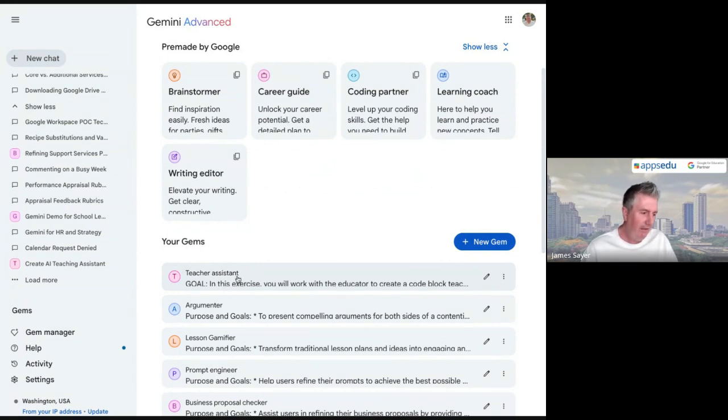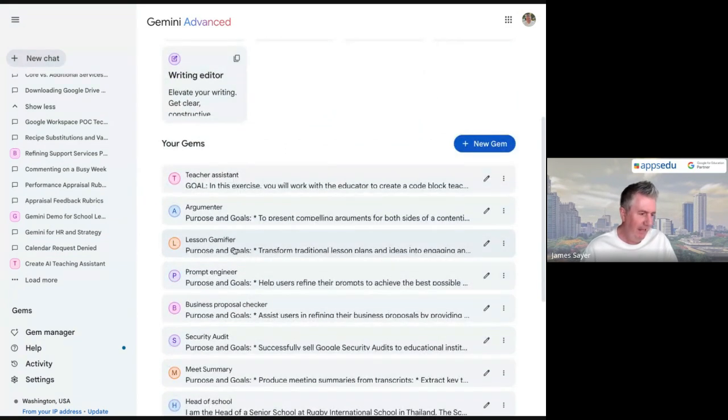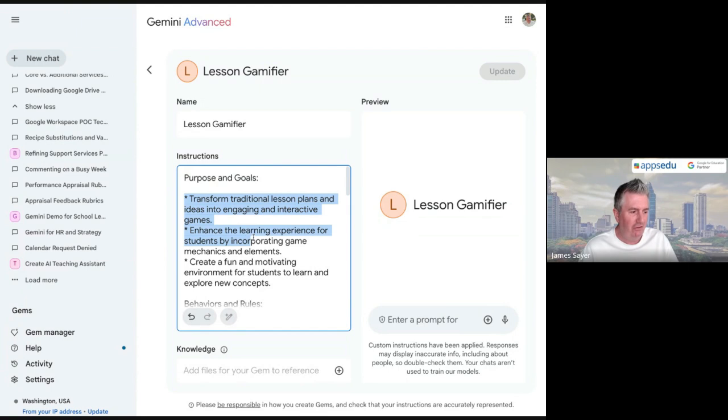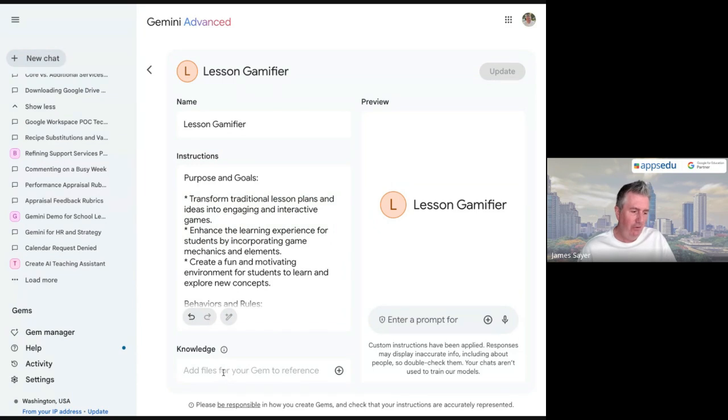And so if I click on, for example, I've got lesson gamifier here. If I edit that, just very quickly, we have our purpose and goals. We have our instructions about how to gamify an existing lesson plan. Google's just updated. You can now add your own files from within Google Drive for these custom gems to reference. So for example, with this lesson gamifier, I might want to add in here,